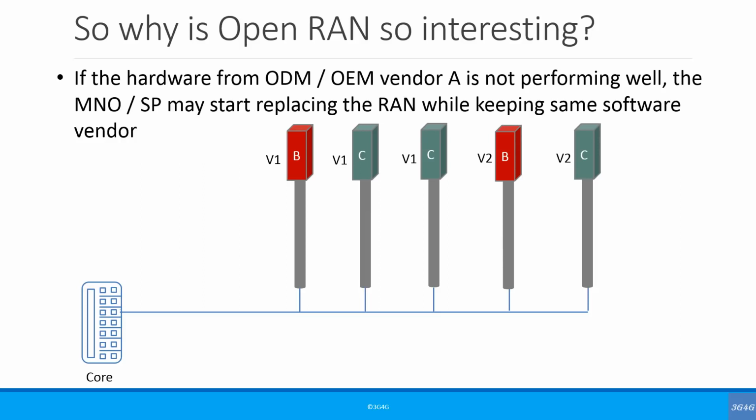Suppose the hardware from white box vendor A is not performing well or these white boxes need an upgrade. The operator can get new white boxes from vendors B and C. As they are all Open RAN architecture, the software from